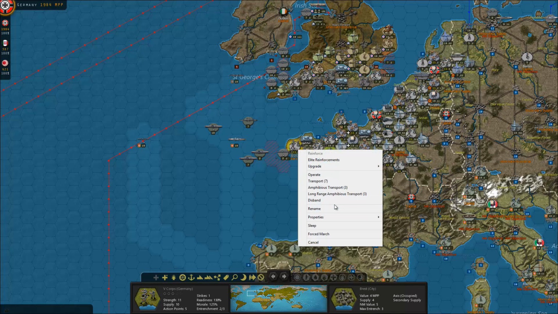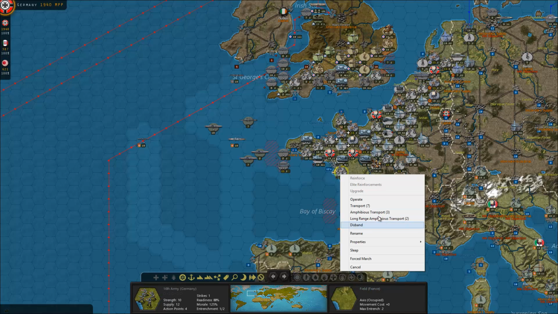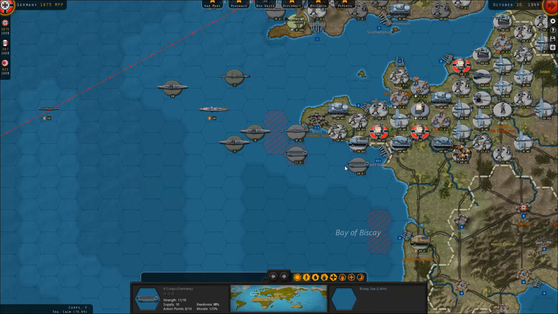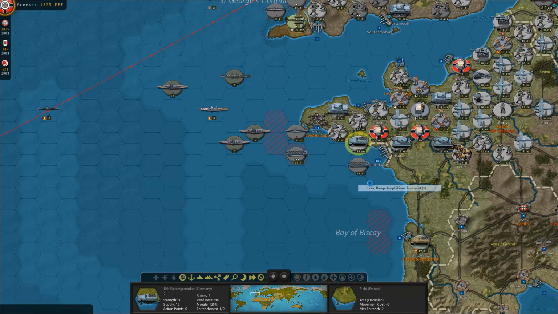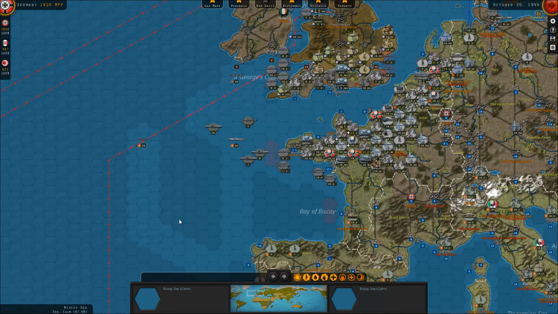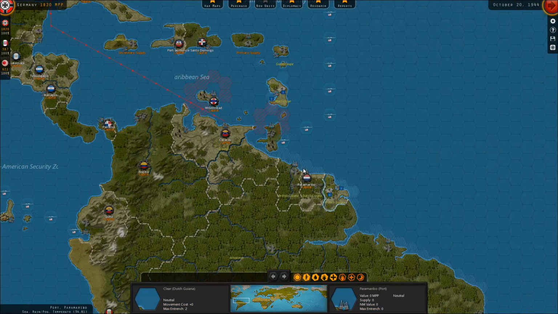To try and avoid any enemy navy. I'm gonna do that with long-range amphibious transports, of course. I'm gonna send 1 corps and potentially 2 armies if I can. Sending the Panzer Grenadiers will be fine too. So these 3 are gonna go south,